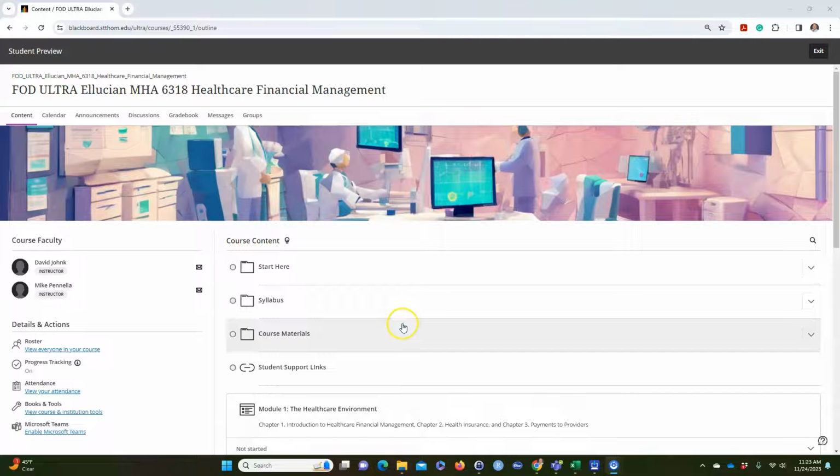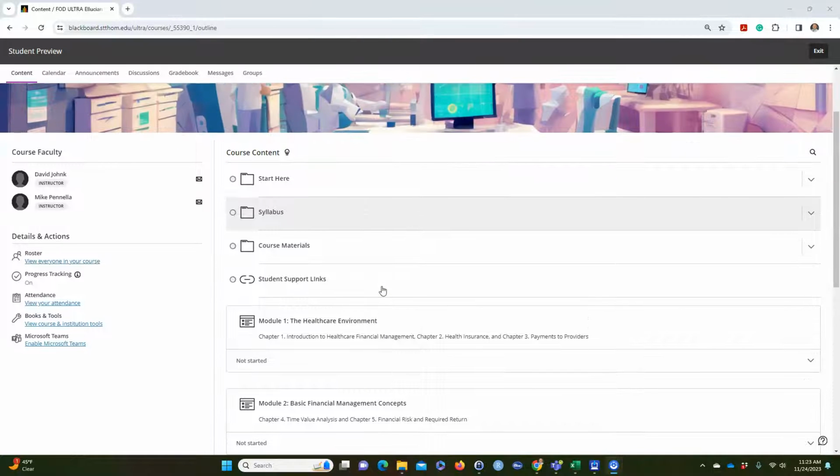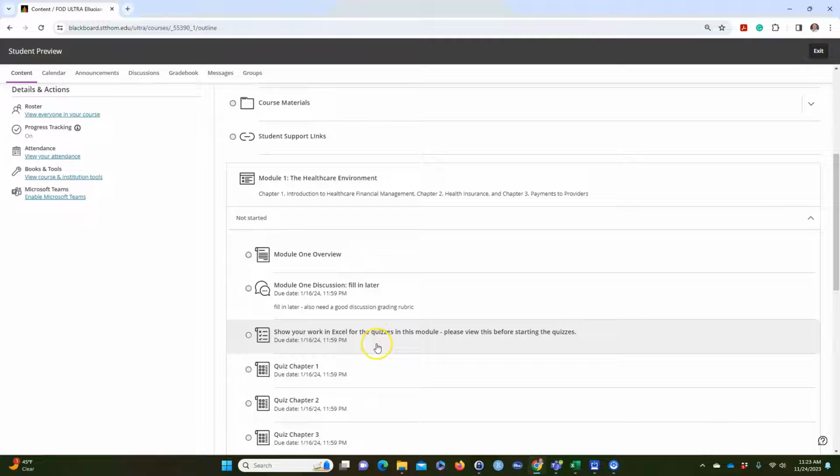Okay, I'm going to show you how to show your work on Excel. And if this looks a little different than your course that you're working on right now, that's because I'm still working on the course shell, so there might be a few little differences here. But you'll see in each one of these modules, you're going to have a show your work on Excel for